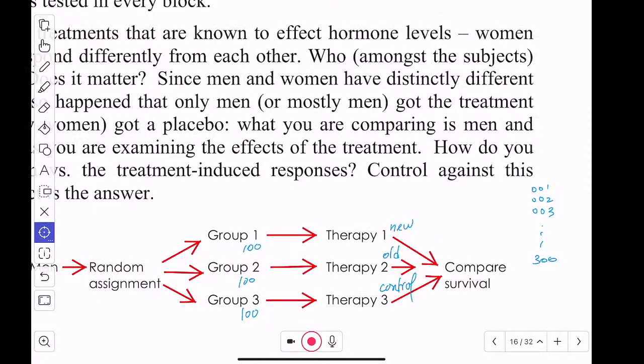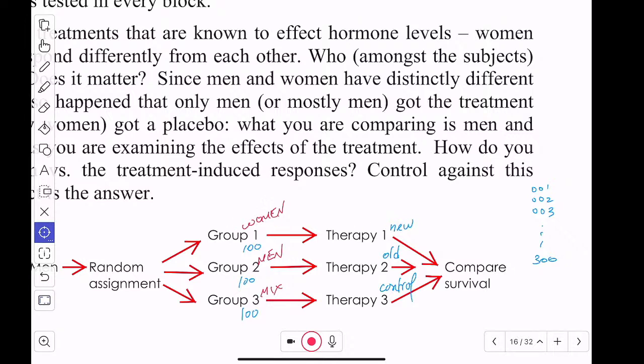If I conduct the experiment this way and I randomize, it could happen that group 1 was filled with all women, and group 2 was just men, and this is a mix of men and women. Well, that would certainly confound results, because I might not be just measuring the effectiveness of this therapy. It might just be reflecting the impact of women with this therapy,